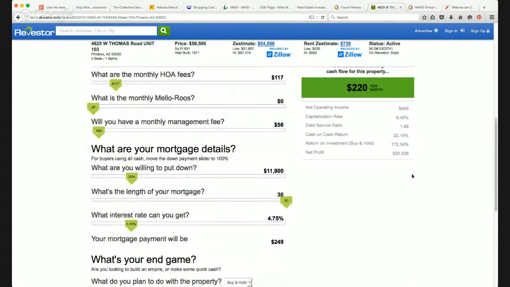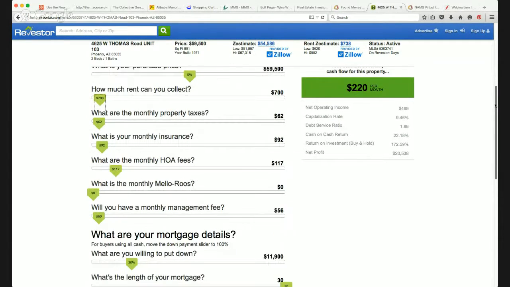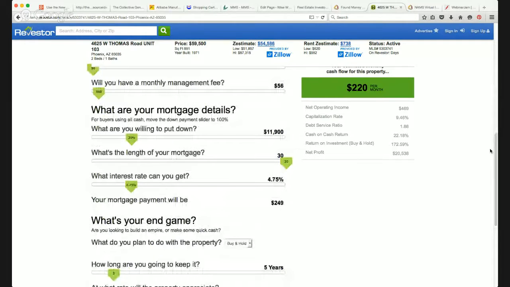Let's go over here. I know this is in gray, but that's the size they have it on there. So again, your net operating income after expenses, including the HOA. So these would be the expenses here: taxes, insurance, HOA, and management. So it's rent minus that is your net operating income. Then you pay your mortgage after that. So we're going to go to net operating income, subtract our mortgage payment, which is a laughable $250 a month,